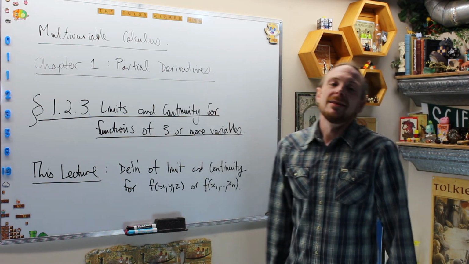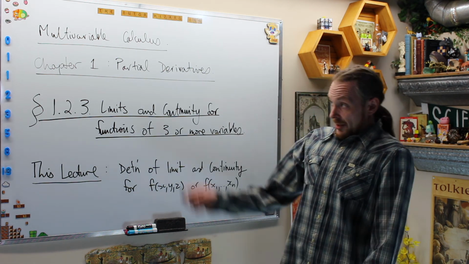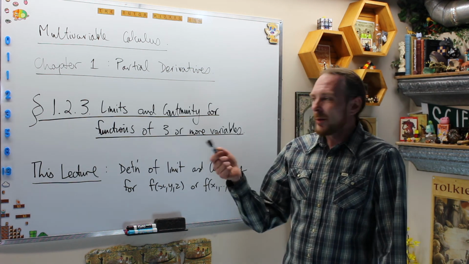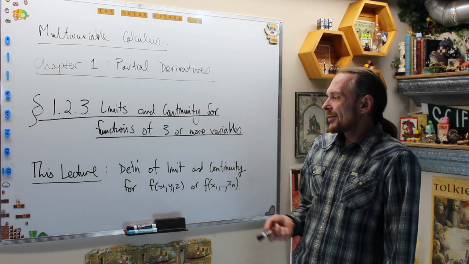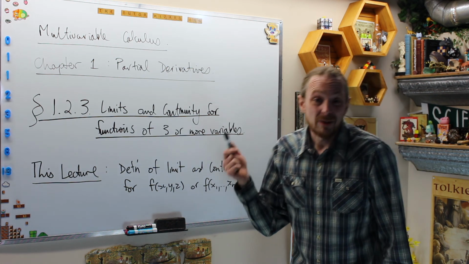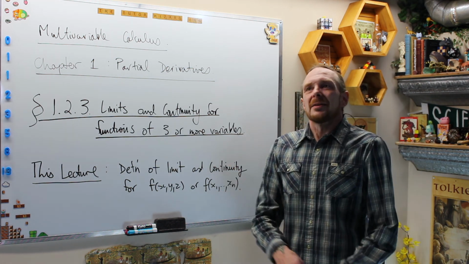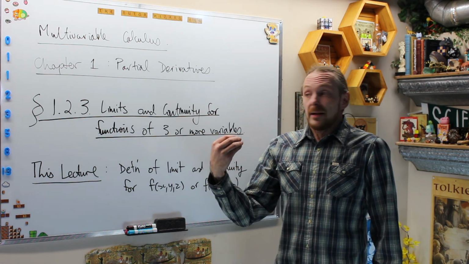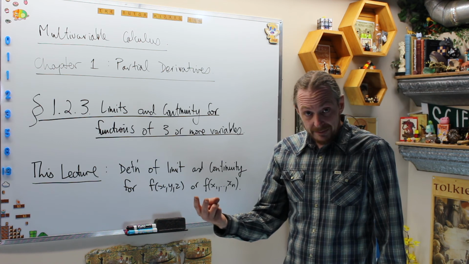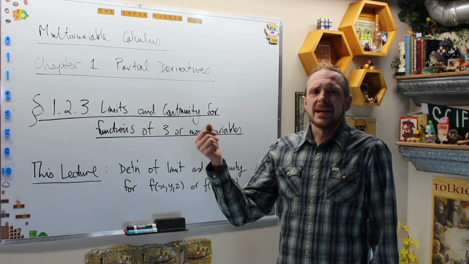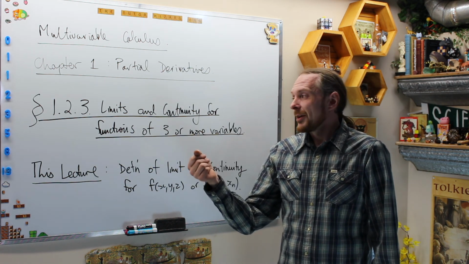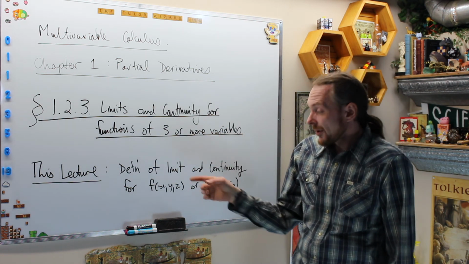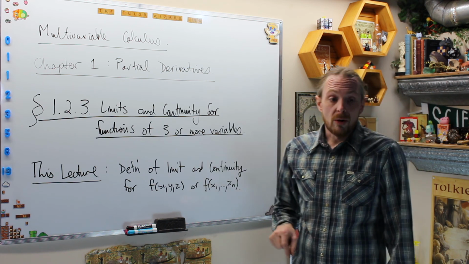Today, what are we doing? This is the Multivariable Calculus series. We're in Chapter 1, Partial Derivatives. Specifically, we're doing 1.2.3, Limits and Continuity for functions of 3 or more variables. Last time, the last two videos were a video just on the definition of limits for functions of 2 variables, and then a video on the definition of continuity for functions of 2 variables. And now what we're going to do is do the same story quickly for functions of 3 or more variables